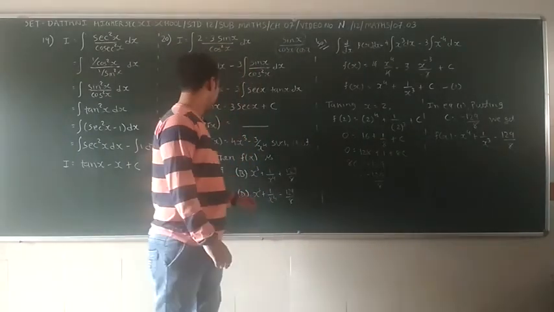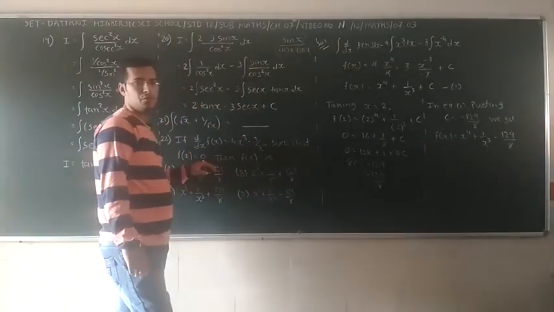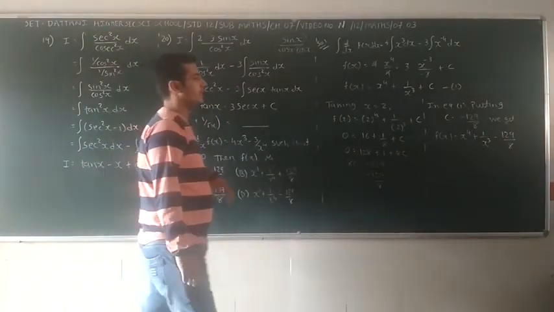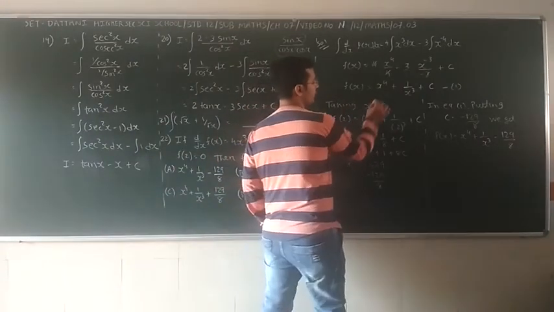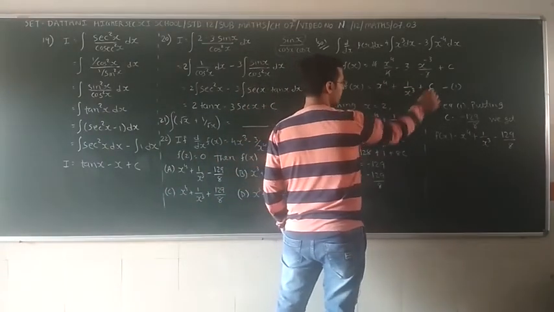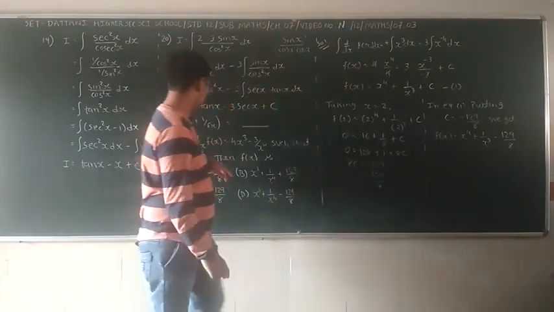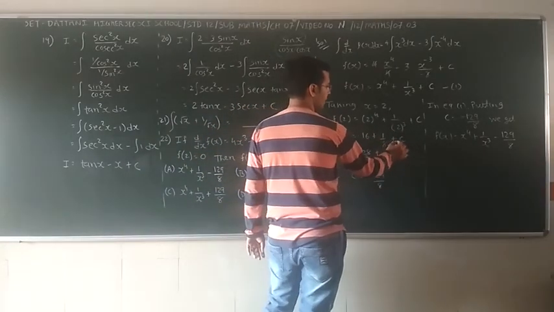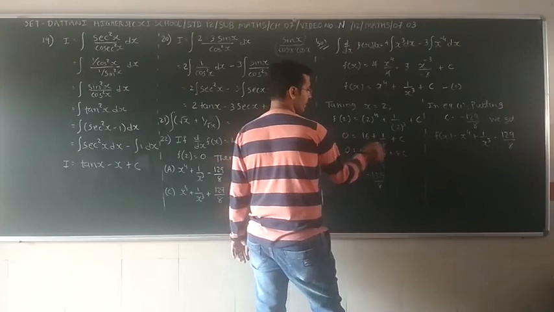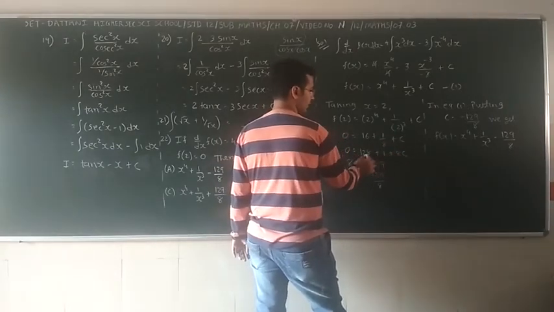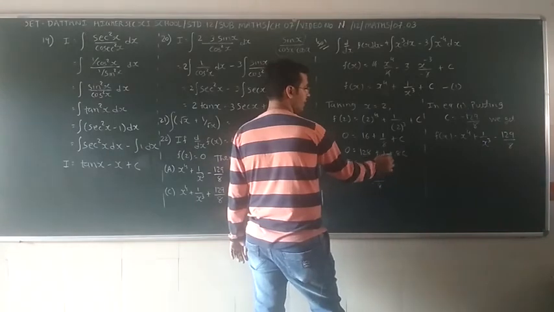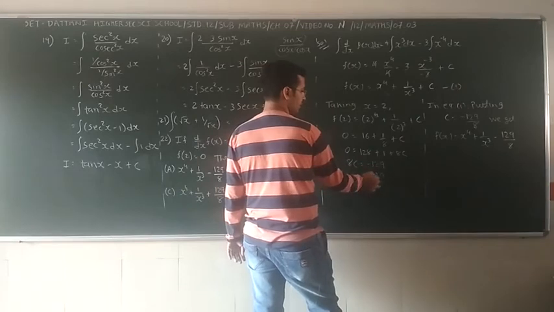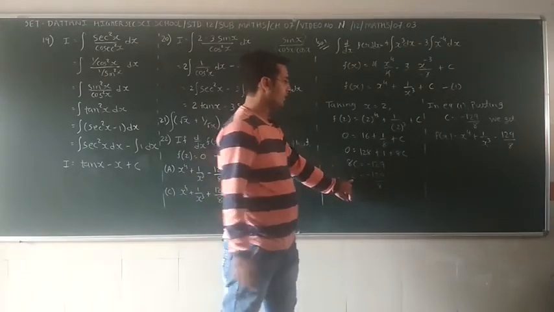Now the other information given is f of 2 is equal to 0. It means x is equal to 2. Putting x is equal to 2 here: f of 2 is equal to 2 raised to 4 plus 1 by 2 raised to 3 plus c. f of 2 is equal to 0. So 2 raised to 4 is 16, 2 cube is 8. Cross multiplication: 16 times 8 is 128. 8 into 0 is 0, equals 8 into c plus 1. 128 plus 1 is 129. Changing sides, 8c is equal to minus 129. c is equal to minus 129 upon 8. That is, we get the value of c.